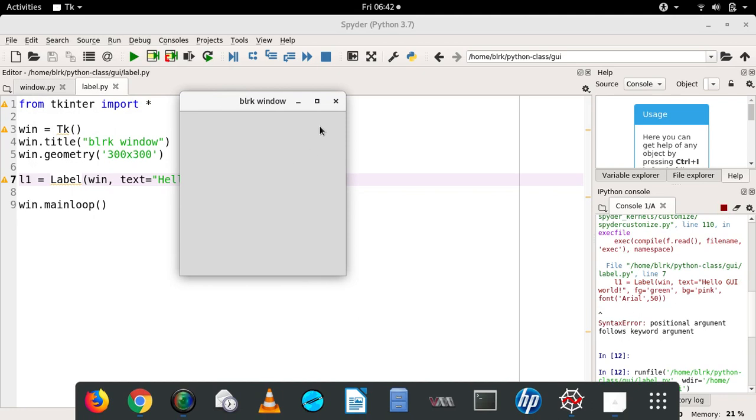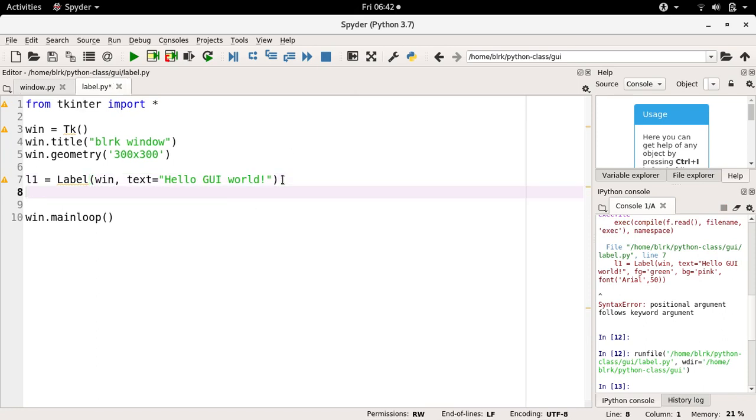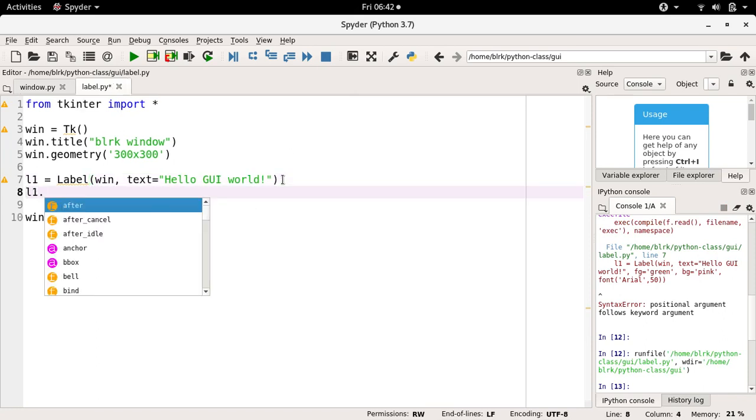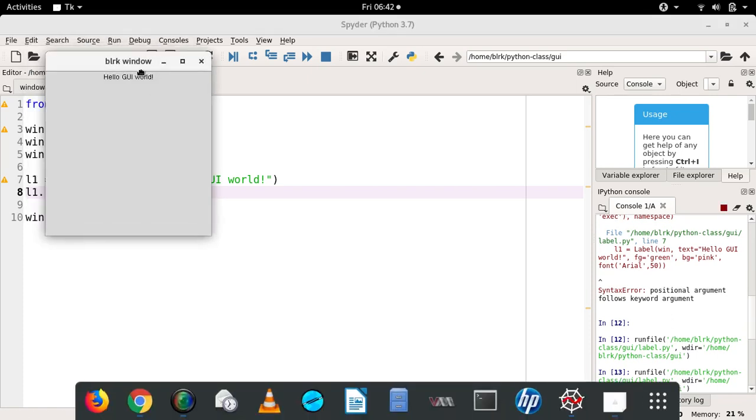That's excellent. Okay, save it and run the code and see. Yeah, my label is not appearing, right? I created a label, but it is not coming. Fine. So what we can do is use pack. Pack actually calls the default layout manager, which positions or places a widget on the main window. Run it again now. Yes, I got my